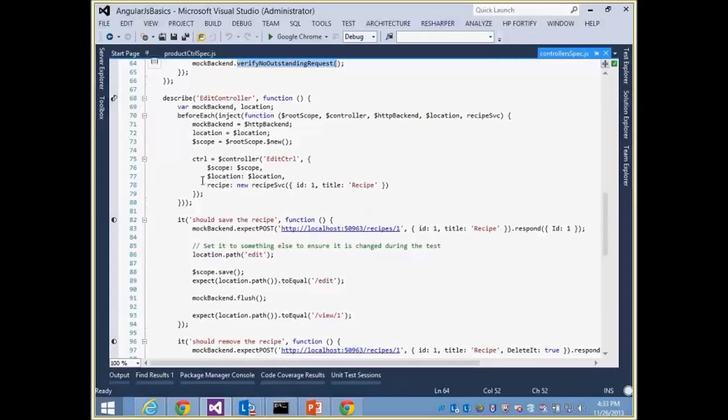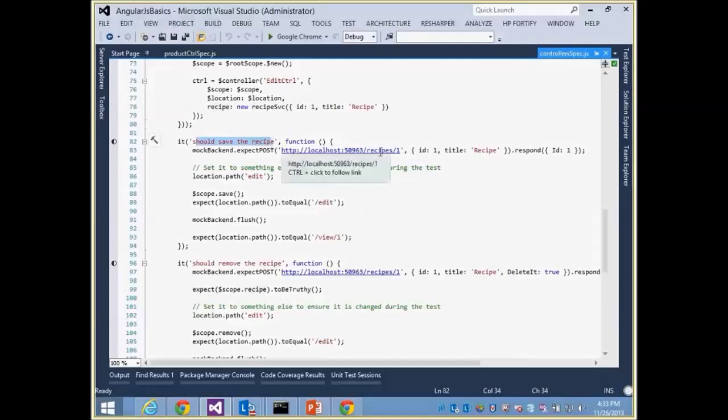I'm testing my edit controller here. Again, I'm injecting a bunch of things. I'm injecting the recipe service and all those things. And I'm saying should save the recipe. Okay? So if you expect a post on that URL with that data, respond back with that information. Right? Some mock information. So what I'm doing, I'm going to the edit page, and then I'm doing a save,